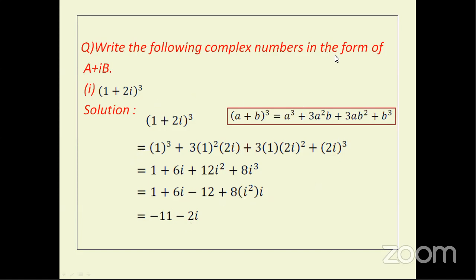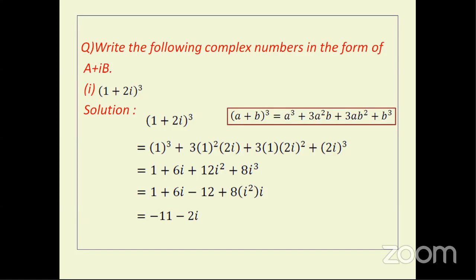So whatever the problem may be, when you are given a complex number directly, it will be in the form of a plus ib. But if it has some expansion, first you need to do that. Then rearrange the terms in the form of some real part plus i into the imaginary part, a plus ib form. If you have a denominator in a given problem, we will always see to it that it doesn't have the i term. If you have i, then you need to multiply with its conjugate, then get it back to a plus ib form.